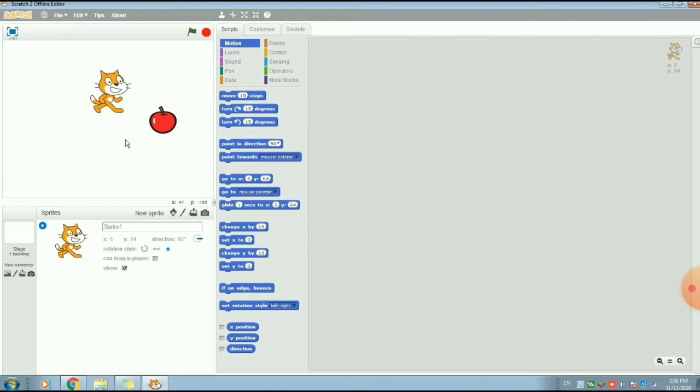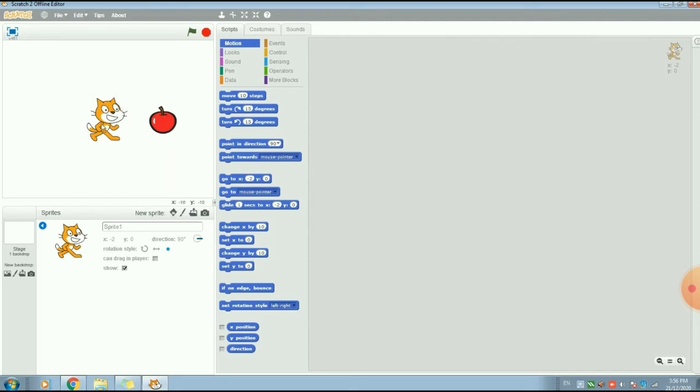Now y coordinate will change when I am moving the sprite vertically downside. You can see y coordinate is going to change. In the middle it is 0. When I am going up it will become 1, 2, 3, 4, and when I am going down it will become -1, -2, -3 from the origin.